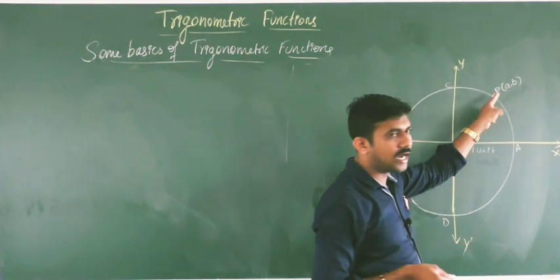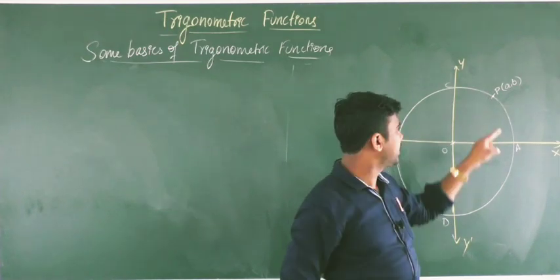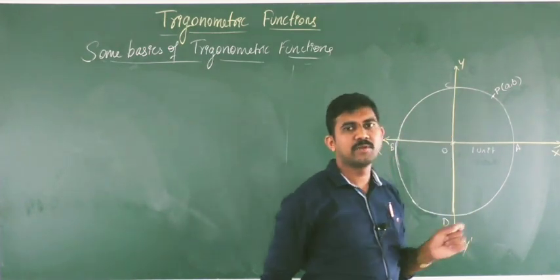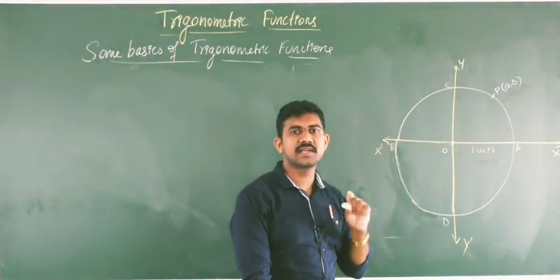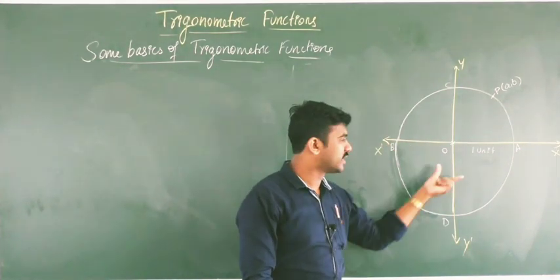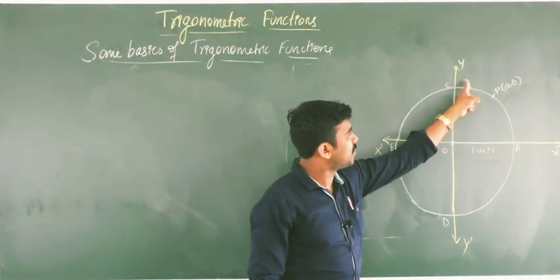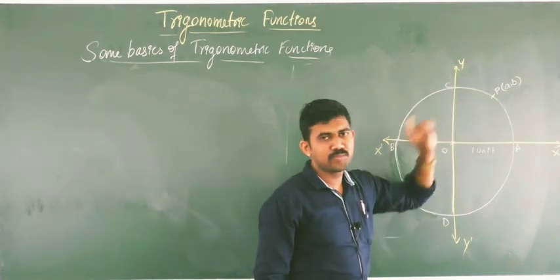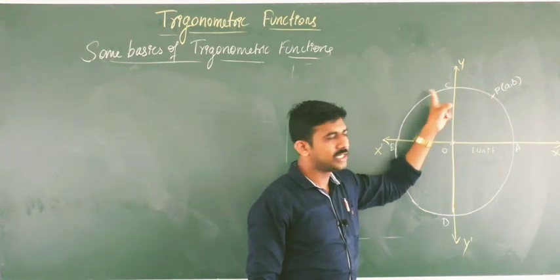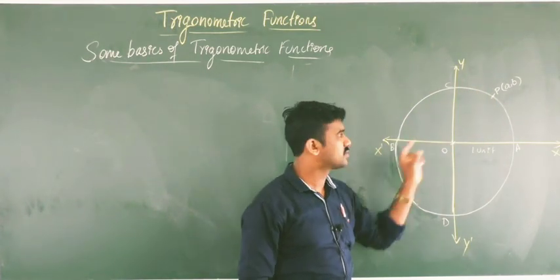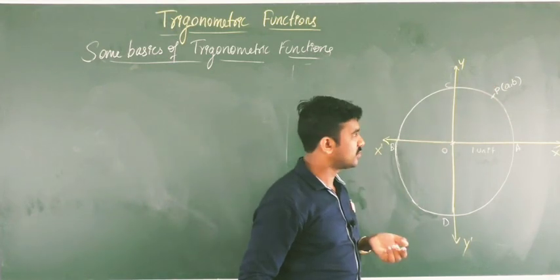This is an arbitrary point, or it is a locus of a point, because the path traced by a moving point with a constant distance is nothing but a circle. So this is the path traced by this moving point. This is the moving point, or rotating; we can take the point anywhere on the circle. So this is a locus of a point also, we can say.